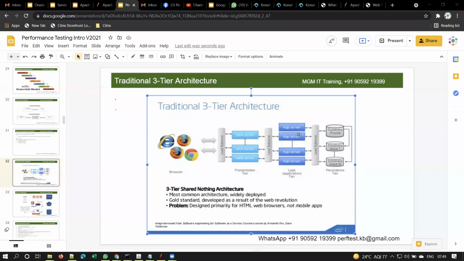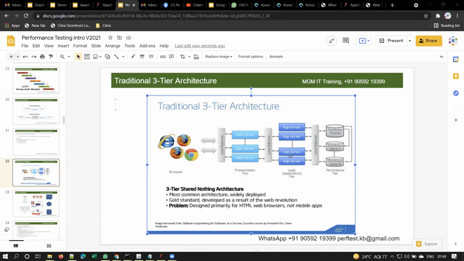So it will send that request to the database, because that information is stored in the database, and it requires some information from the database tables, right? So your request will go to the database layer also, and it fetches the data from some table in the database. Assume that there is a table called trains table. So it will run a query. Your application server will run a SQL query and get the data from the database.